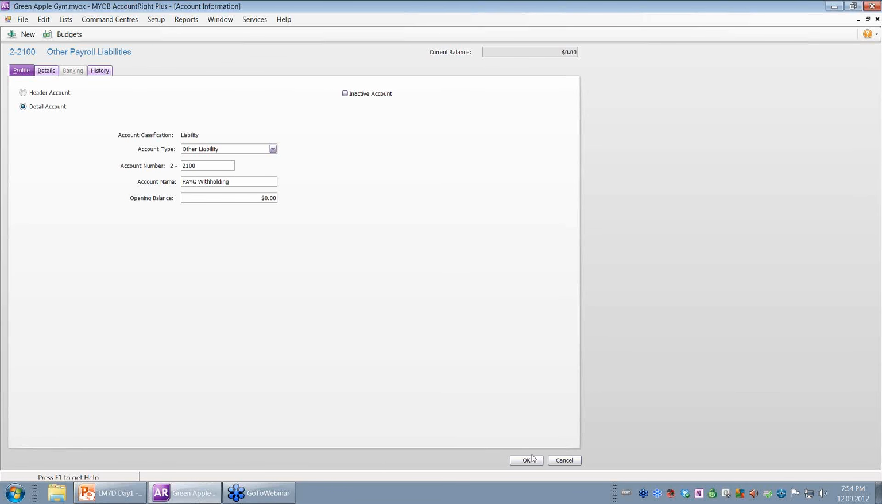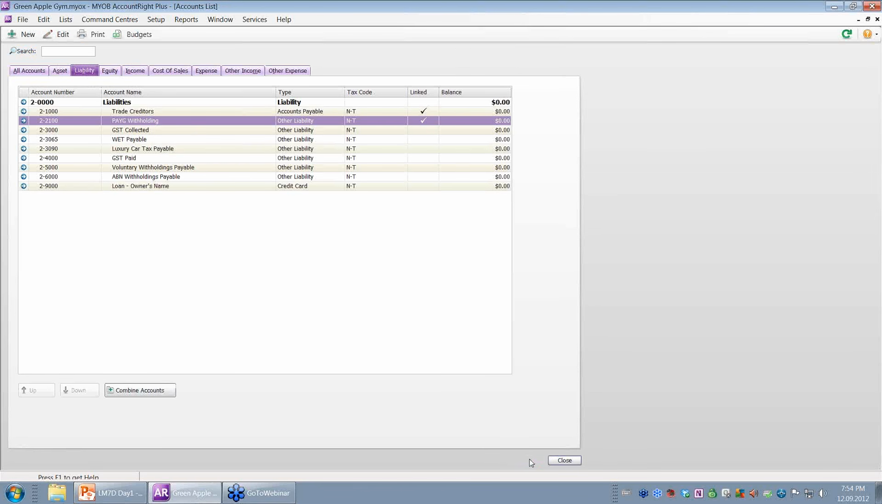And I'm going to click OK. A small business would normally have at least 2 payroll liabilities, superannuation liability and PAYG withholding. For management and reporting purposes, it's advisable to group them together in a header called payroll liability, as shown in figure 1.41, which you'll see in the book